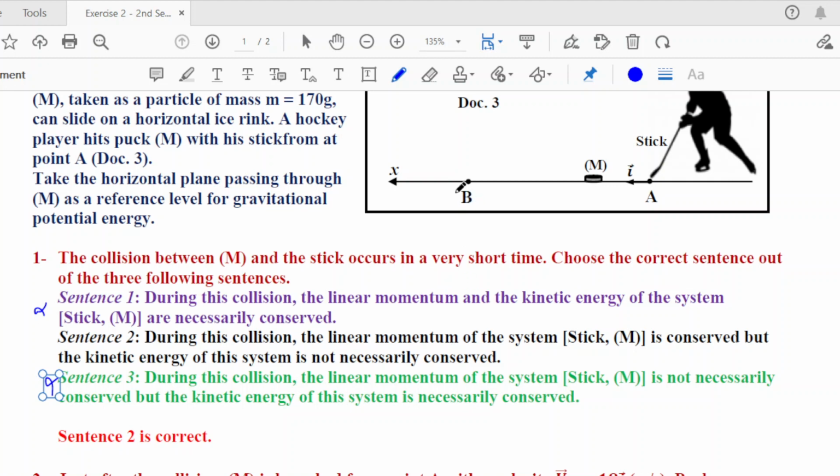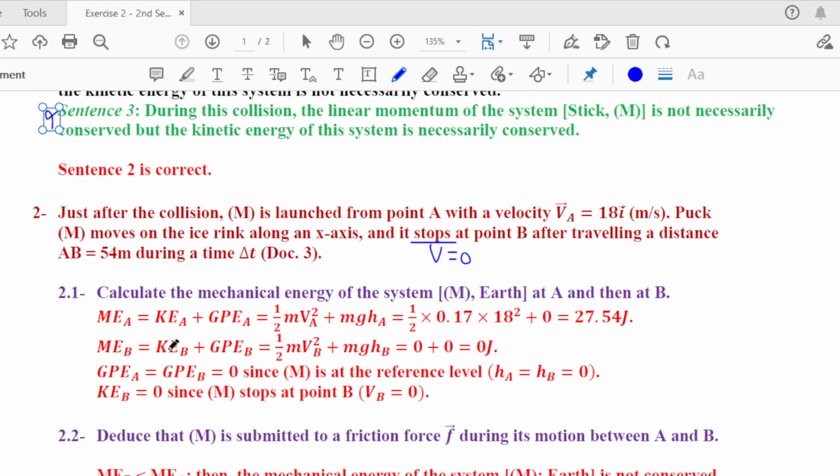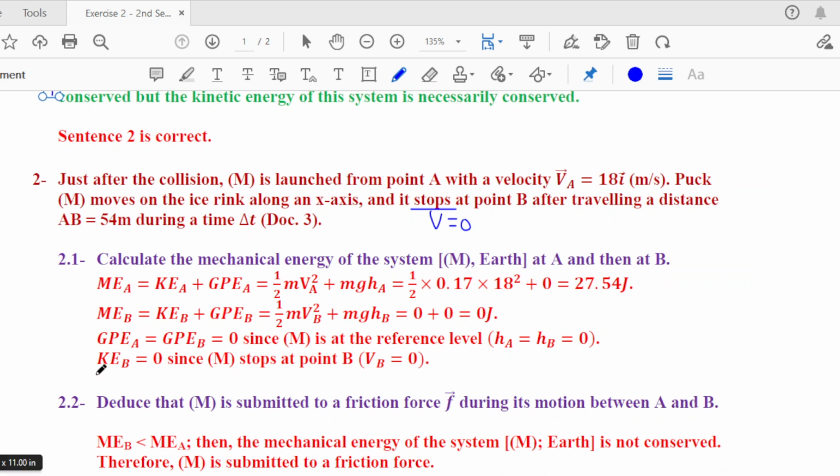At B, B is also on the reference level, no height, no GPE. The question says it stops at B. The word stop means V equals 0. Therefore the mechanical energy at B is 0. No gravitational potential energy since there is no height, no kinetic energy because no speed, so the mechanical energy is 0. Here the justification: GPE at A equals GPE at B equals 0 on the reference. Kinetic at B is 0